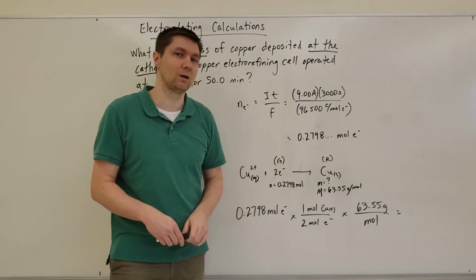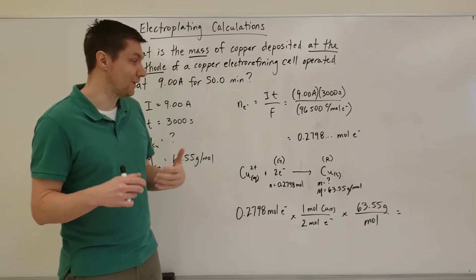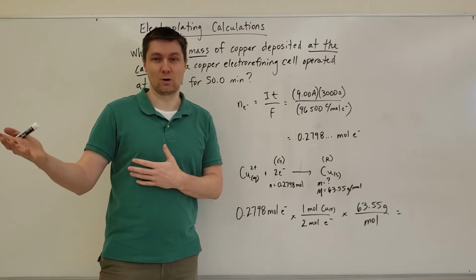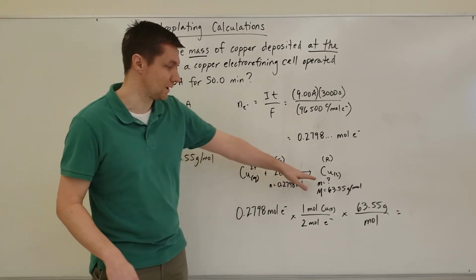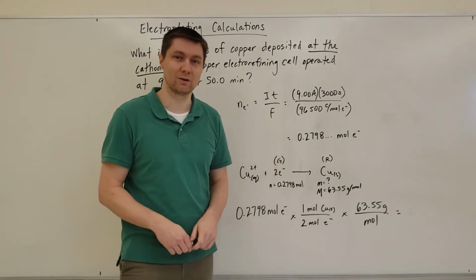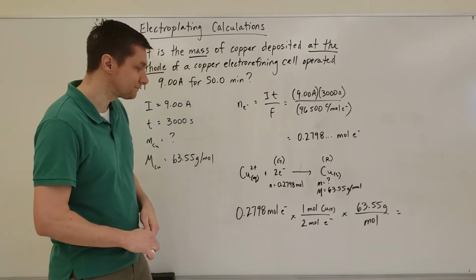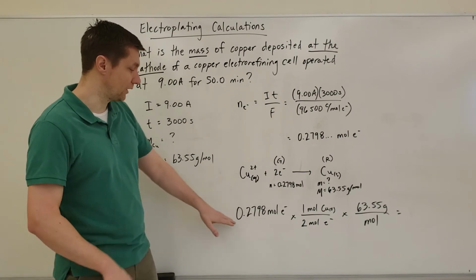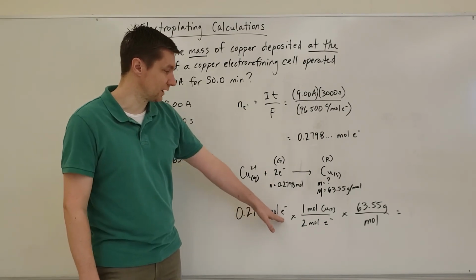And if you remember when we did our review of stoichiometry, you have to have a molar mass where you have a mass that's either required or given to you. And so in this case, we're asked to find the mass. So I need the molar mass of copper in order to figure that out. And then it's just some simple stoichiometry from here, really. We've got 0.2798 moles of electrons,